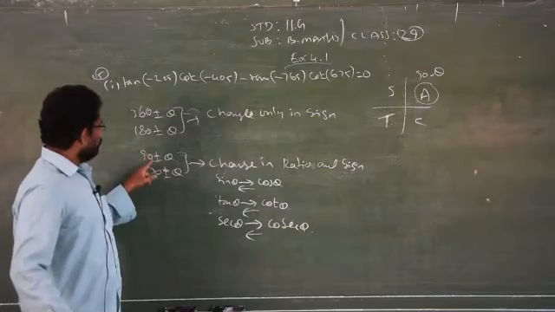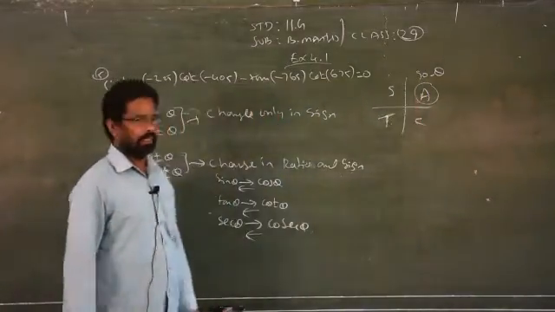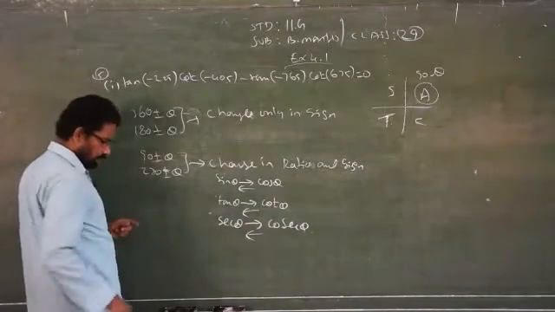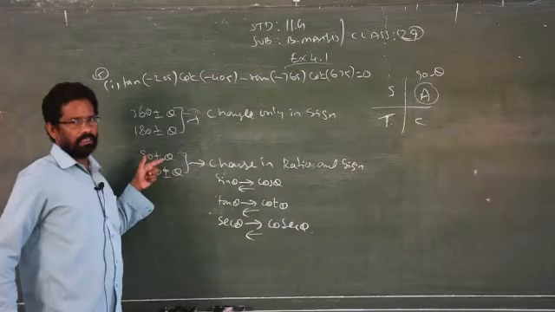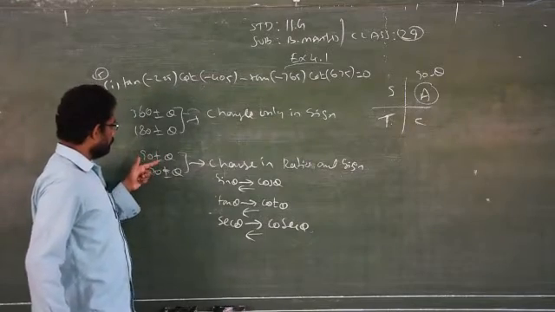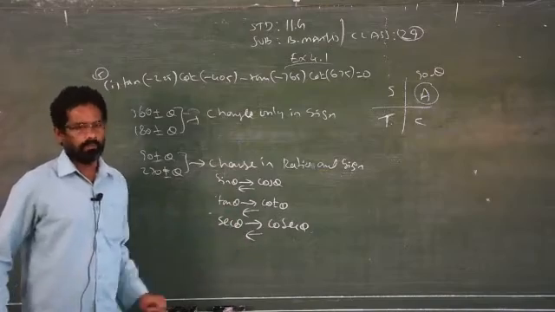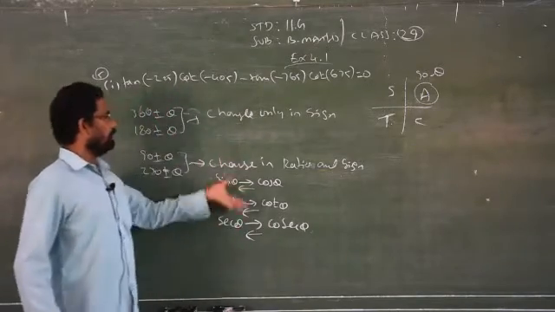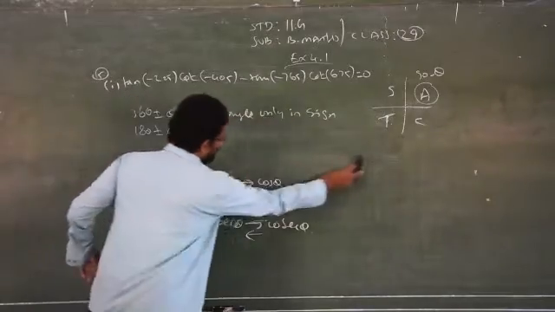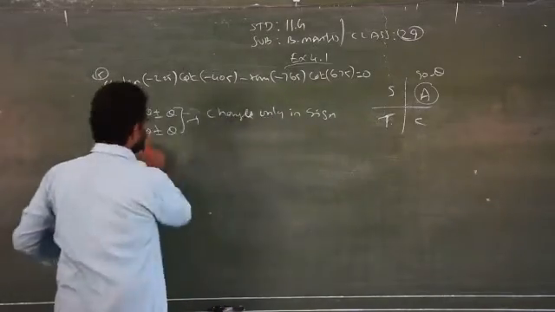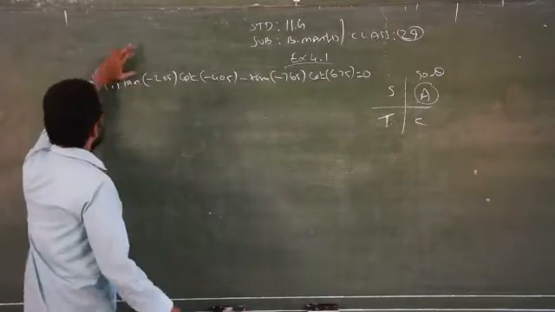Clear? For 90 minus theta, the sign will always be positive. Previously I did not introduce the minus sign, but here now I introduced the minus sign. Minus 90 plus or minus, it will hold true. These conditions you have to apply. Clear? So, based on this concept, now we are going to simplify the given problems. This is very easy. Only thing you have to do is memorize the concept. Clear? Now I take tan